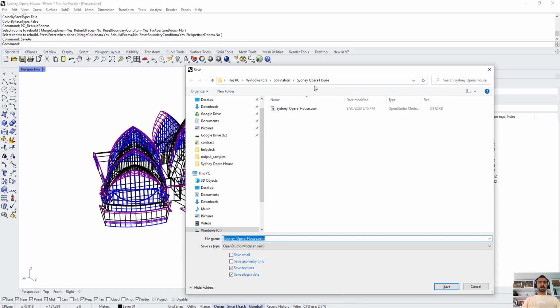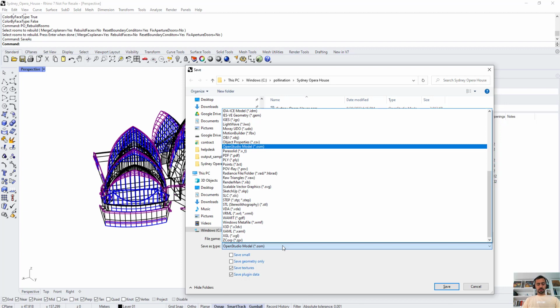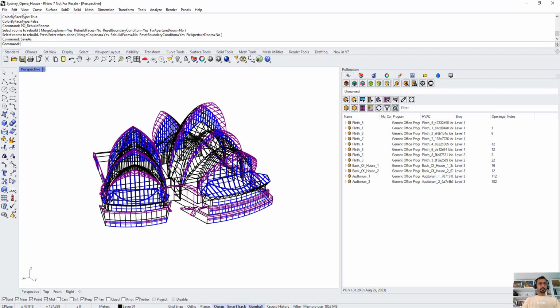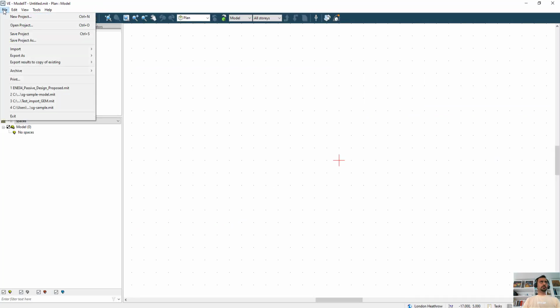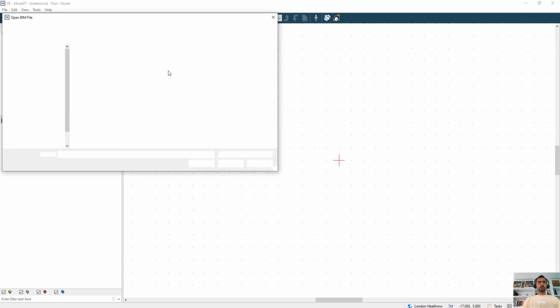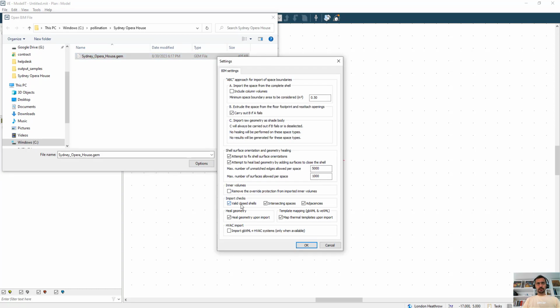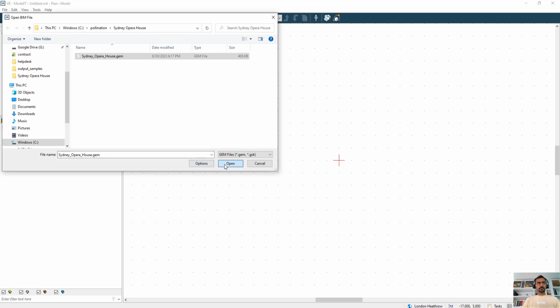I save as. This time for IES it's GEM. Here, IES GEM, save. This will take a few seconds. IES necessarily doesn't have any geometry limitation. It has a challenge with rooms with holes, but that's a different thing. For this model, we don't have any issue like that. Import building model GEM, and this is your GEM file. And just to make sure, for options, we check validate closed shells, intersection, and adjacencies. So open,